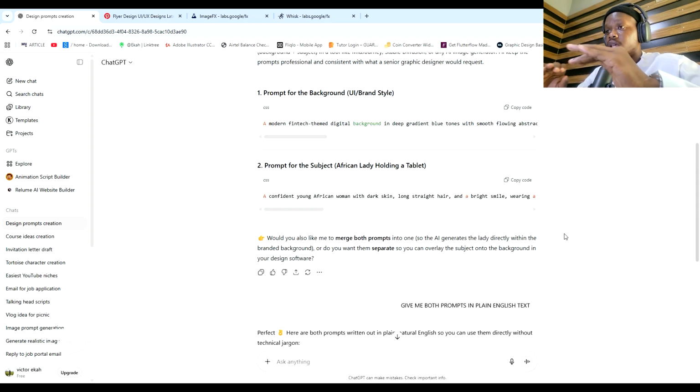At least the AI models that are free for everyday ordinary people to use. They cannot handle text, they cannot handle direct image generation like that. So what we need to do now is to first of all get the background and the image